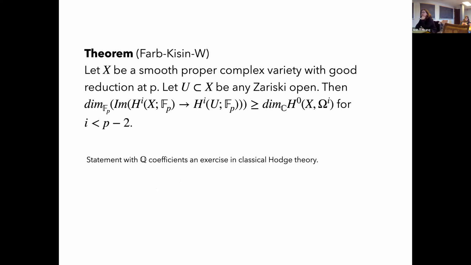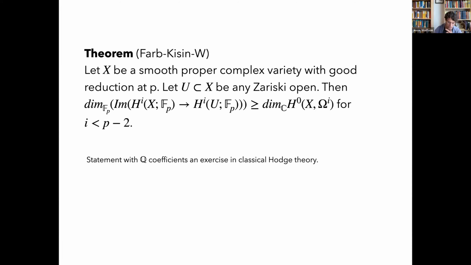So okay, this is sort of somehow the meat of the talk. How do we prove this? This is the kind of new thing. And if you stare at this, you see that the statement with rational coefficients is an exercise in classical Hodge theory, right? We know from Hodge theory that on a smooth proper thing, the holomorphic I forms inject into cohomology, and then you can